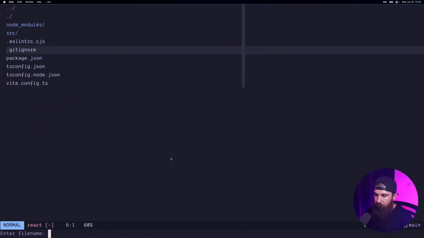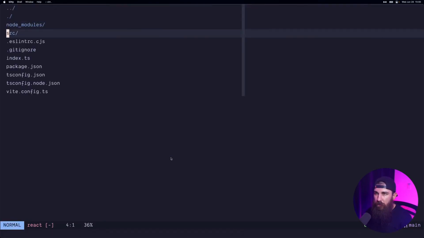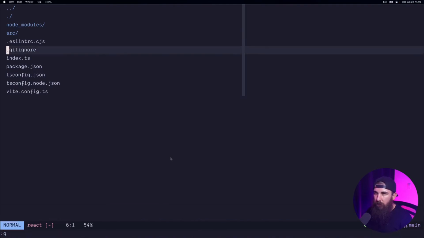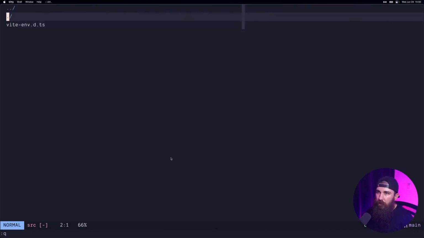So in here, index.ts exports all of the React components right here. And we have a source. You know what? I'm just going to delete the source directory as well. It can't delete it. Let's go to the source. Oh, yeah, the v. Okay, in that case, I'm going to create a new, not a file, but a new directory,